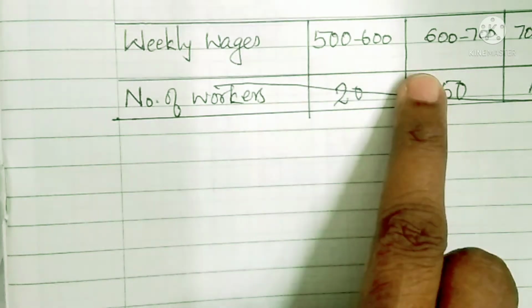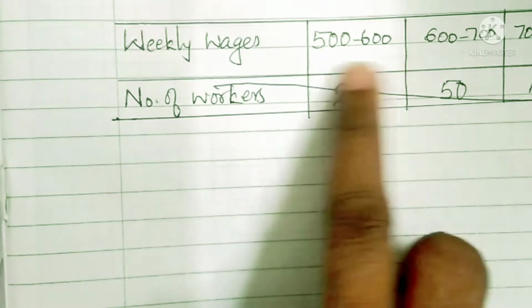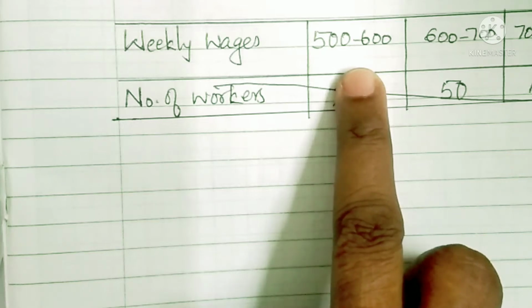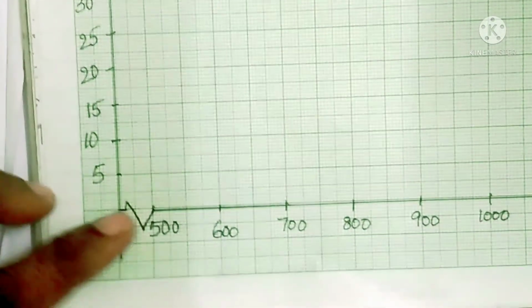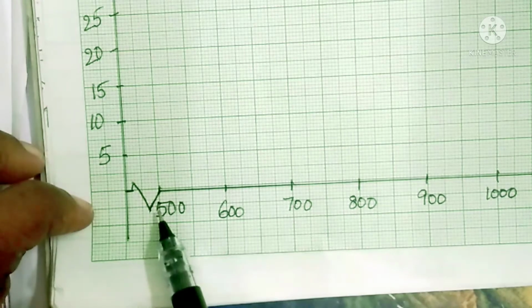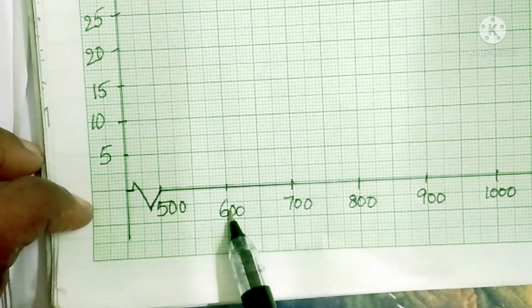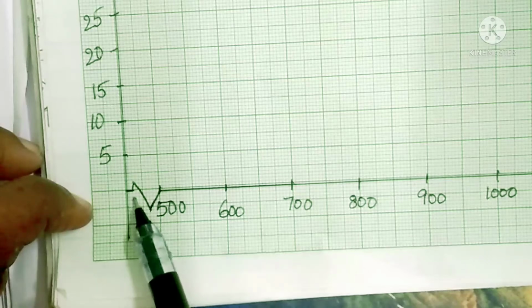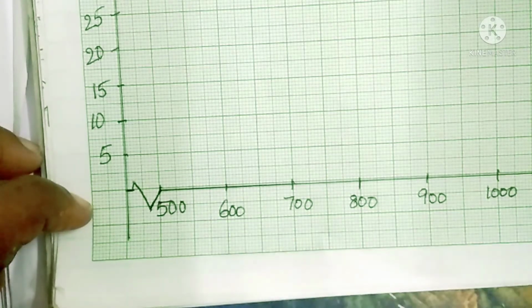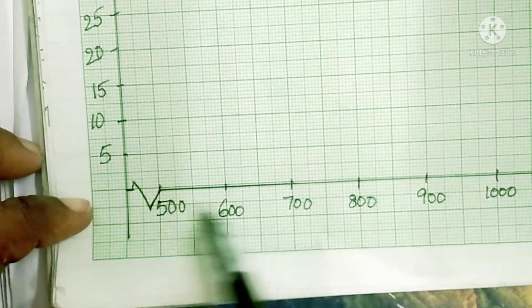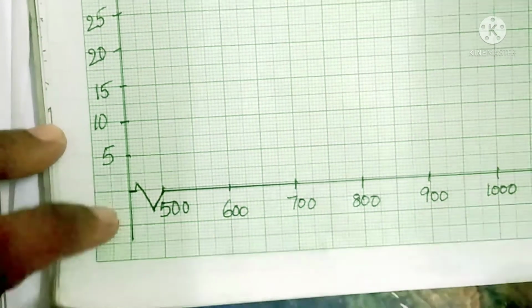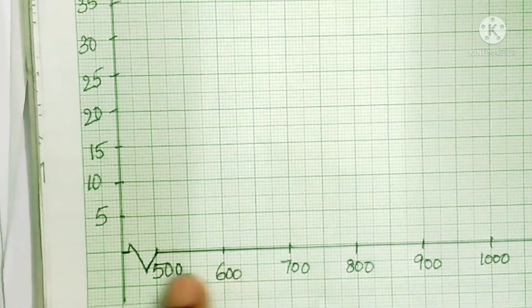Now, here the class starts from 500 to 600. What is the gap between these two? It is 100. So, when you mark on the x axis and y axis, see here on the x axis, we are not going to mark from 100 onwards. Though the gap is 100, we are not going to start from 0, 100, 200, 300. What we will do, the lowest value will be marked first, and then according to the scale we will mark. So, what scale we have taken is, see, 2 centimeter is taken as 100 rupees.